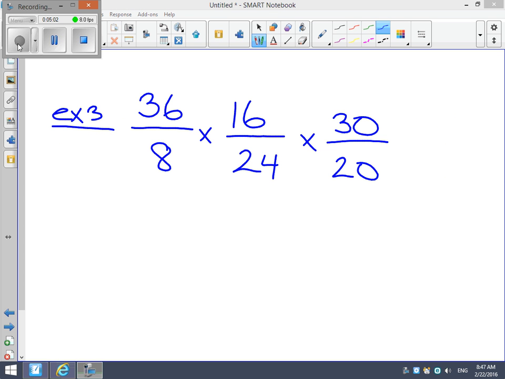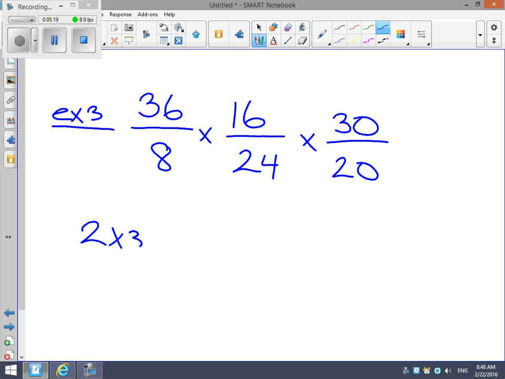Okay, so now I've written one that has 3 fractions in it, and it could happen. Now we do order of operations, and we normally break it up. We do the first set of fractions first, and then multiply the second answer. But when we are multiplying a set of fractions, it's just like if the question was 2 times 3 times